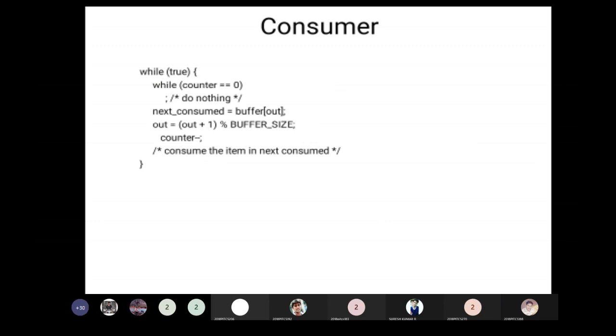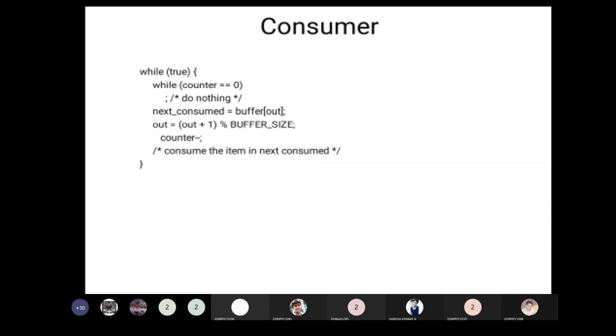If the counter is equal to 0, which means there is no item in the bag, you cannot take chocolates from the bag. Otherwise, if the counter is not equal to 0, the counter has some value, for example 5. On seeing the counter's value, the consumer comes to know that there are some chocolates in the bag, so he can consume them.